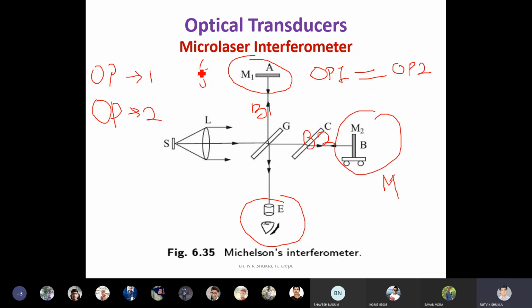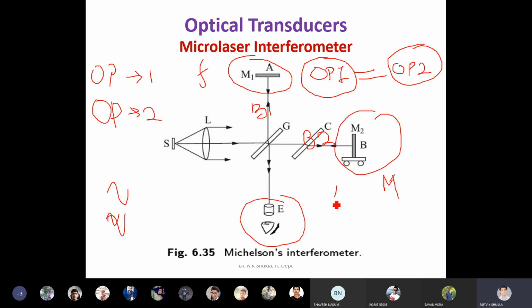So first, initially, the optical path 1, that is the time taken by the B1 beam, and optical path 2, that is the time taken by the B2 beam via M2, the optical lengths of both the B1 and B2 beams must be made equal. So at that time you will get a visible bright spot. Why? Because at that time both the beams are constructive in nature. Two constructive beams will come. Clear? So that is called the initial state or the initial condition.